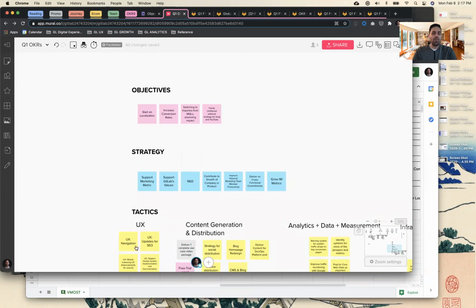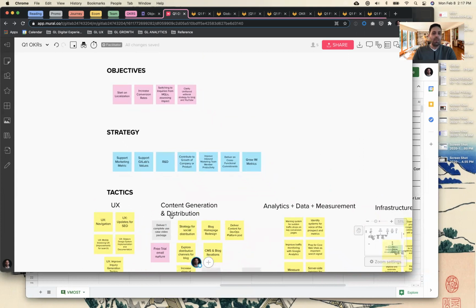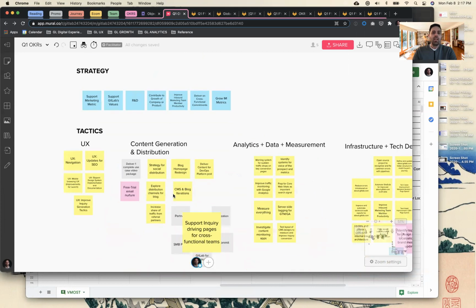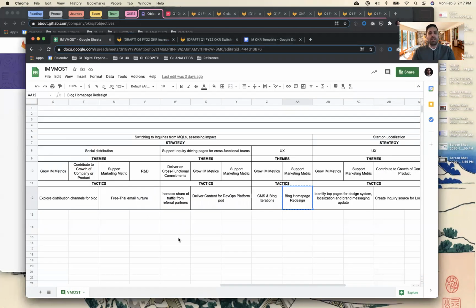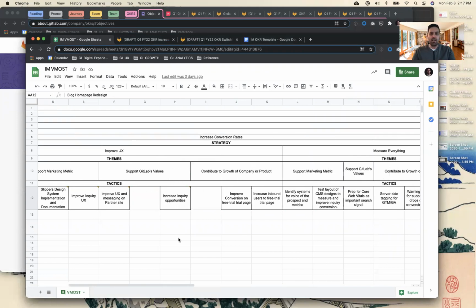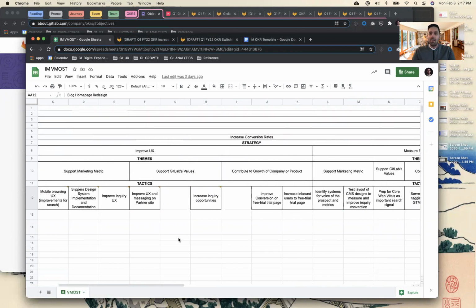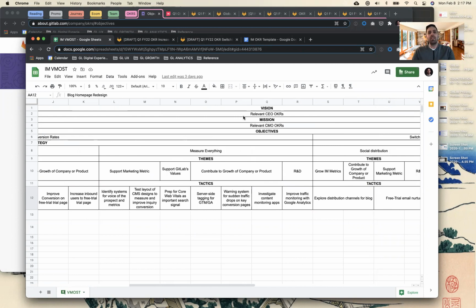And through the tactics, what we start to recognize when we group them is strategy. So that's that. Read through the company OKRs handbook page, and then went to a trusty spreadsheet. This might be the world's widest spreadsheet, so I apologize for that. But I wanted to use this framework just to try and bring some cohesion to everything we're doing. So you can see mission, vision, objectives. So I grabbed the objectives that Danielle has